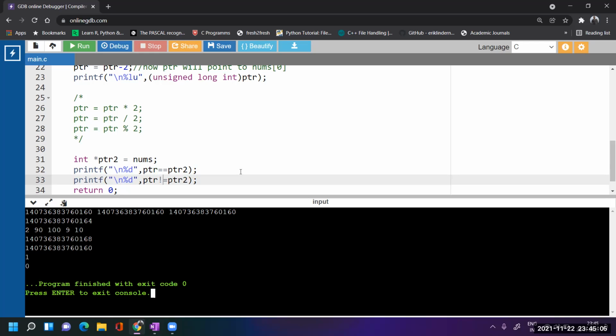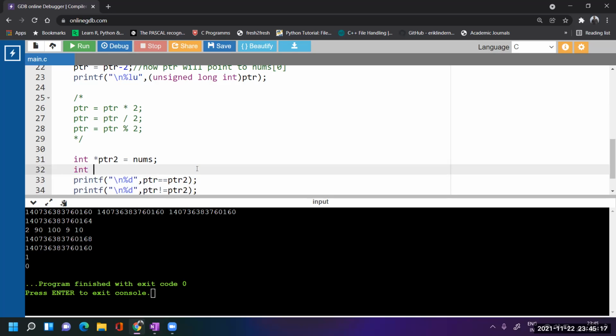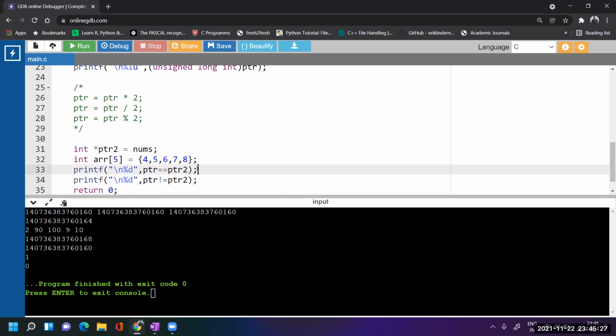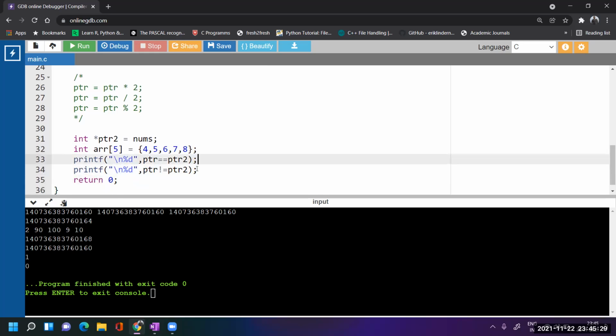So that means we can perform a relational operation between pointer variables if they're pointing to the same array. Now let us take another array and try with this also. I'm declaring another array now, ARR with 5 elements, and let's put some values. And now see, I'm changing ptr2.